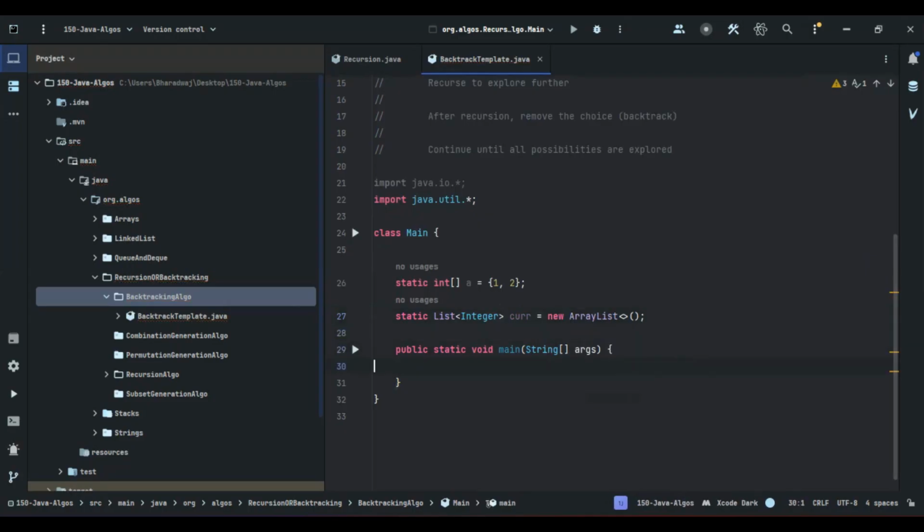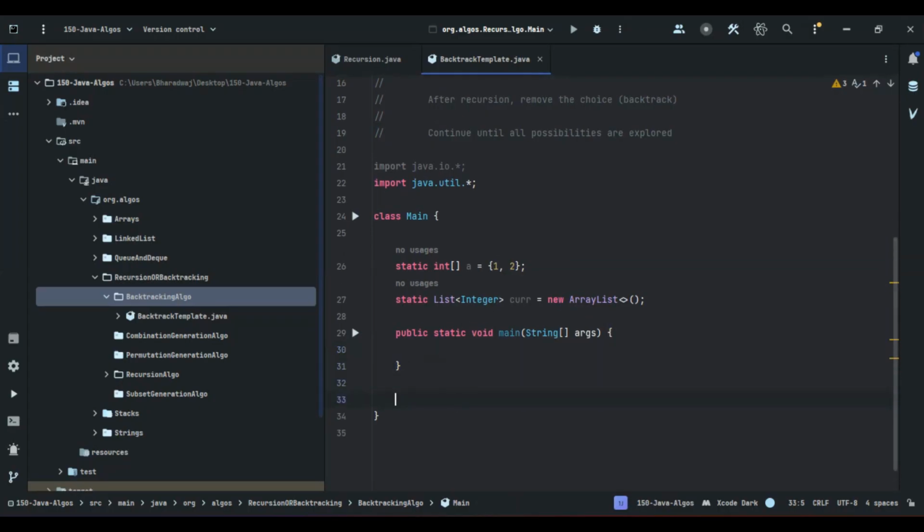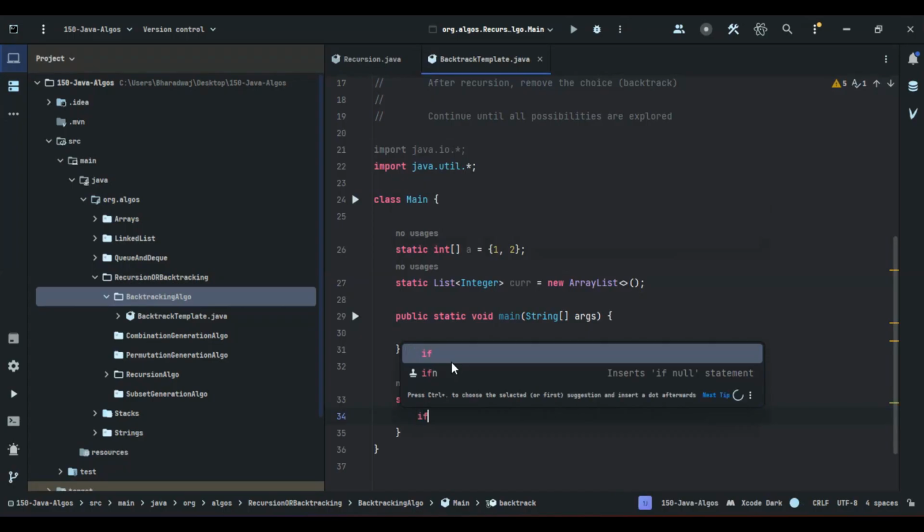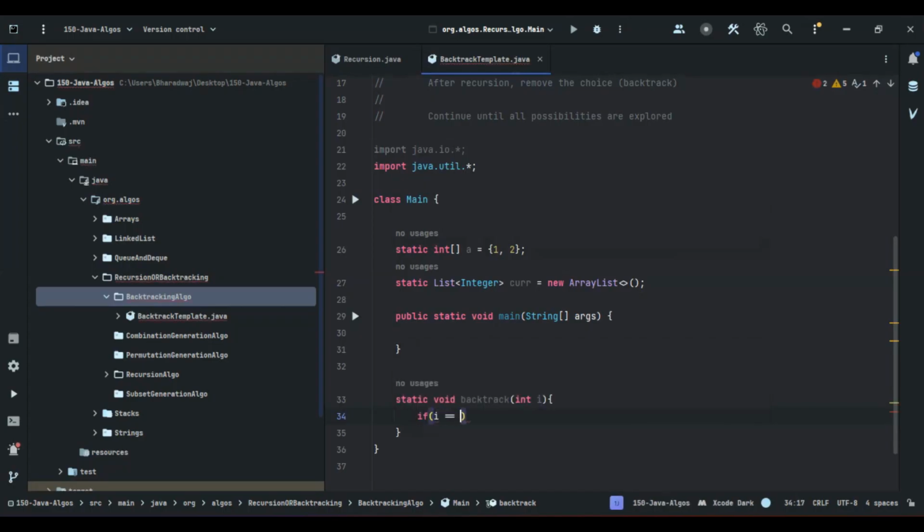Next, within the main method, we have to backtrack. For that, let's write one more method named backtrack, with i as a parameter. Here, the first thing is the base case, when all the elements are considered. So if i equals the length of A, then we have to